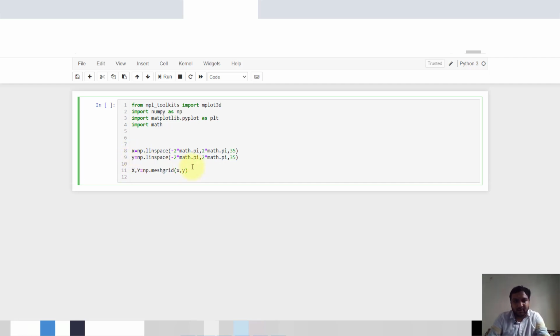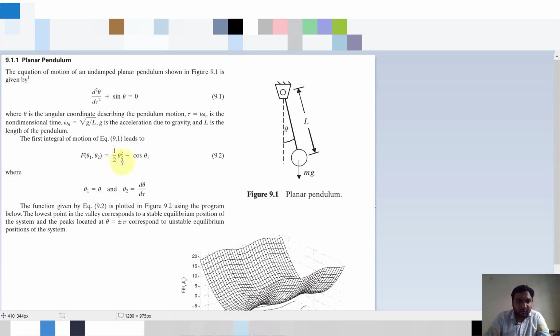So now we'll define our function. Our function is z is equal to f of capital X and capital Y. So what is the function of z? Z is a function of this one, 1 by 2 theta 2 square minus cos theta 1.